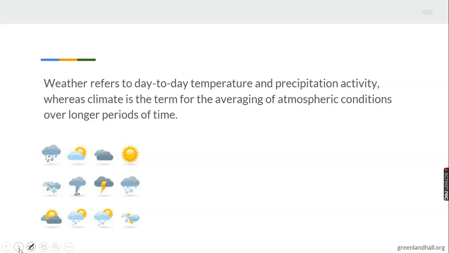All right. So whereas climate is different. Climate is the average atmospheric condition over a long period of time. Okay. Climate is different from weather in the sense that it lingers. It stays beyond a state. It can go over a longer period of time. Unlike weather, sometimes before you know what happened, it starts to rain. But climate is not like that. It's going to take a long time. Trust me. Climate takes a longer time to change than weather.